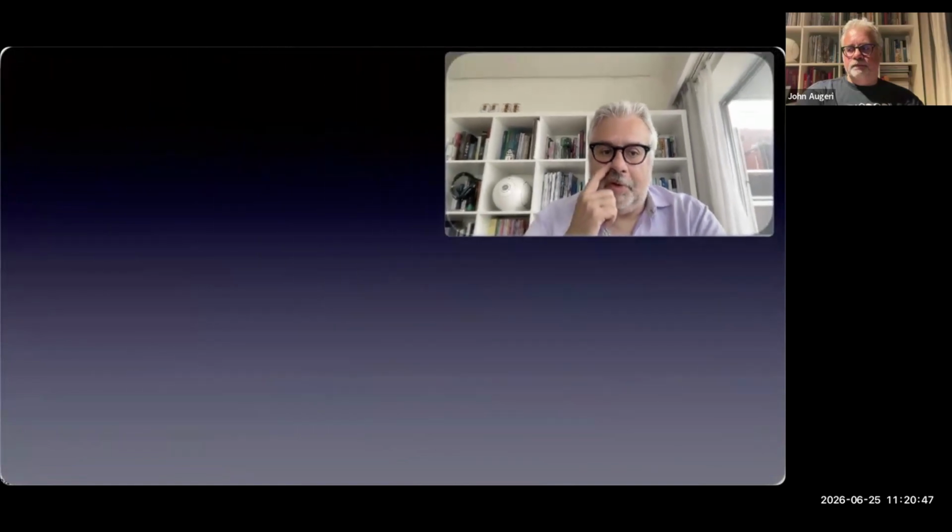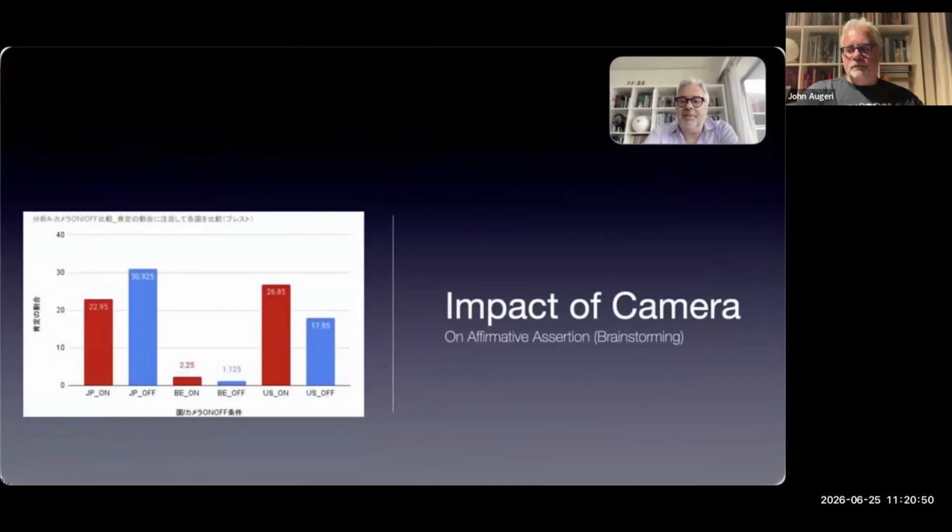First, what we will show you from now on are a part of the results. To have a more extensive view, you can refer to the paper that will be published after the HCC'26 conference. But to give you some first results, the first one that we would like to show you is about the impact of the camera on-off on the nature of the assertion. So this very first graph shows the percentage of affirmative assertions for each country in the brainstorming discussion format, okay? And what we can see is that in this brainstorming format, in Japan,